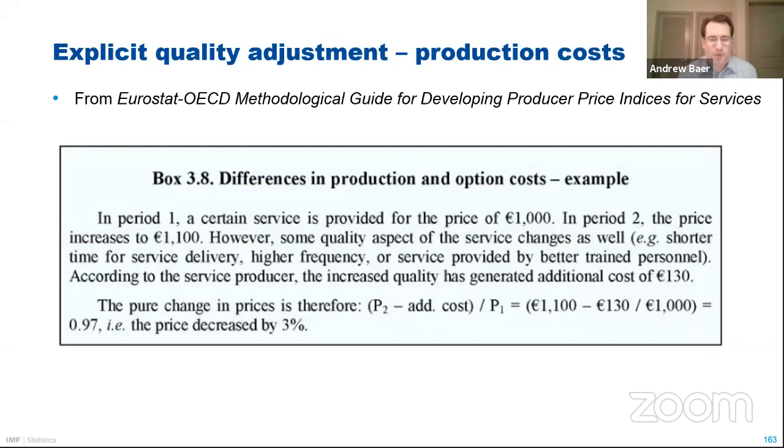Here's an example where we have a difference in production and option costs. In period 1, a certain service is provided for the price of 1,000 euros. In period 2, the price increases to 1,100 euros. However, some quality aspect of the service changes as well. Okay, so remember,